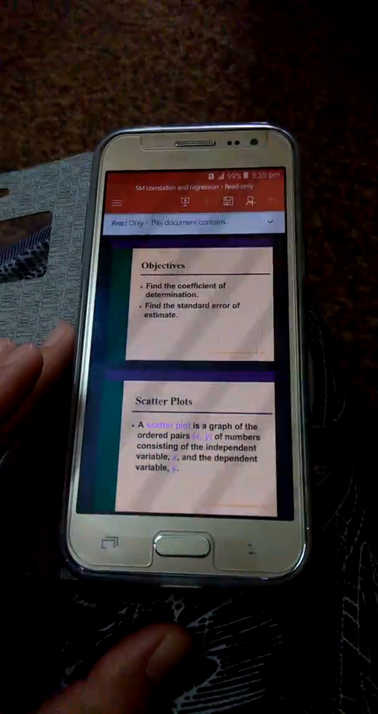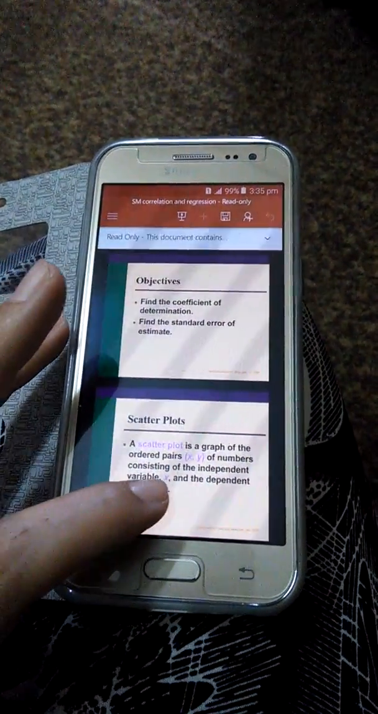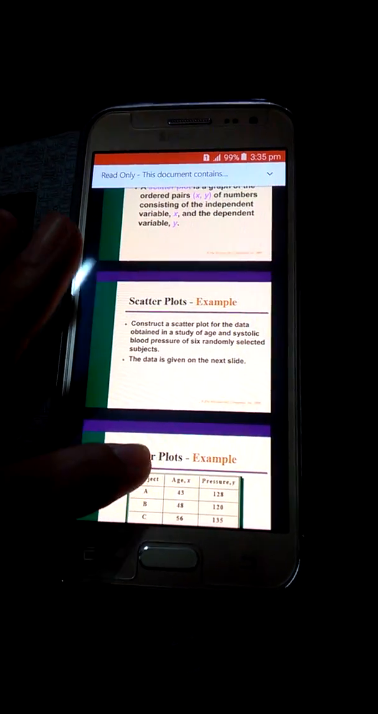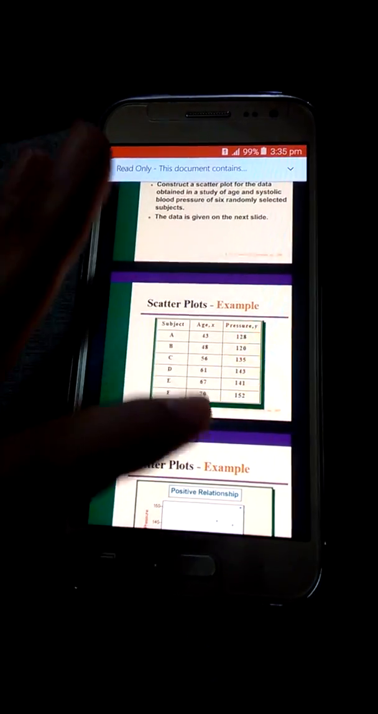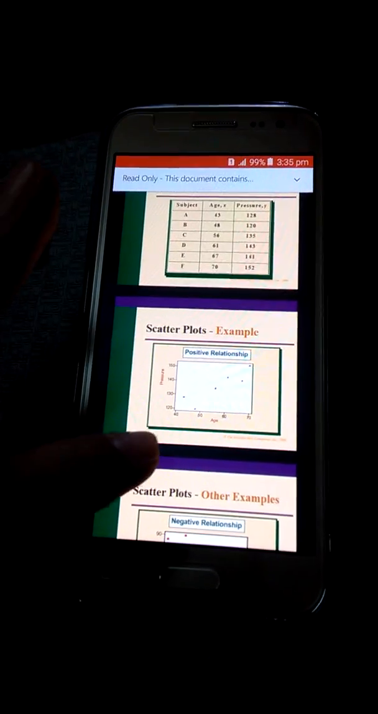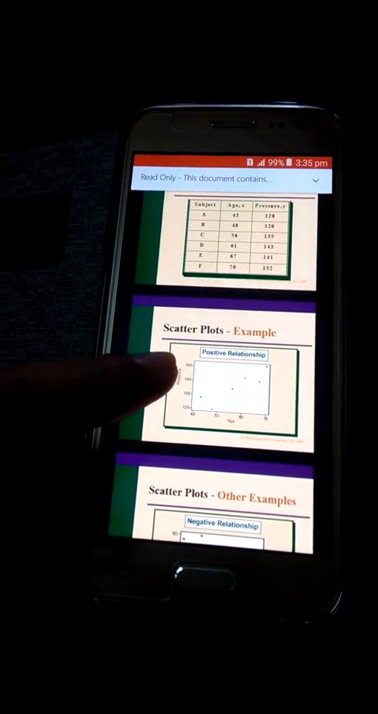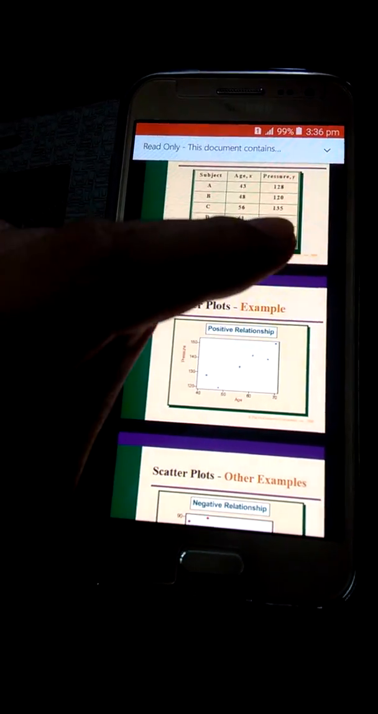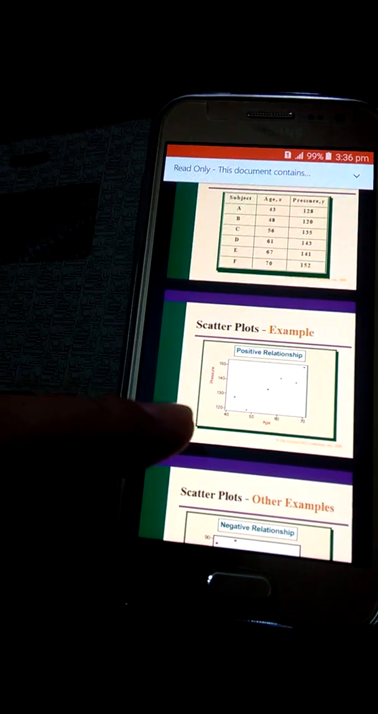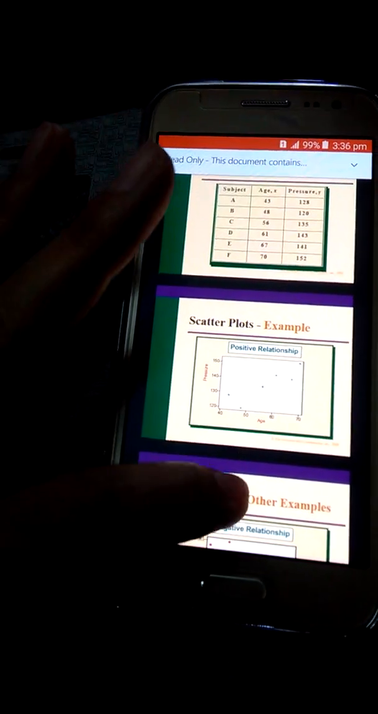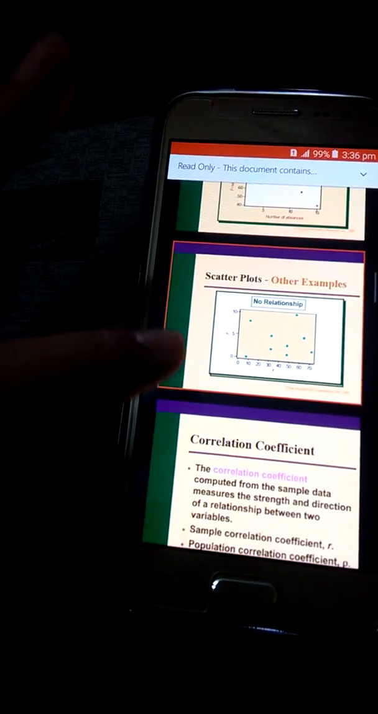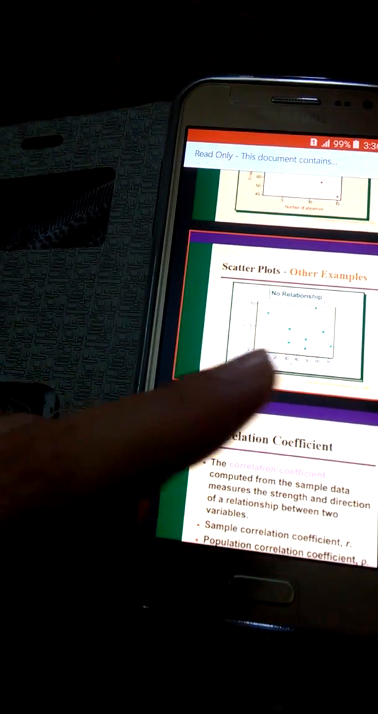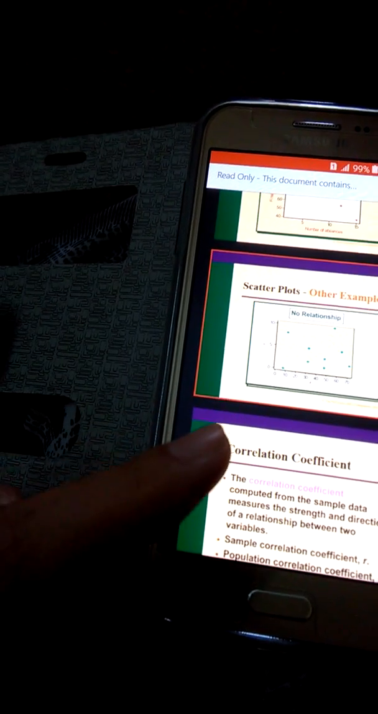So you can see here that in the beginning they have discussed scatter plots, and after that they have given you an example related to scatter plots. Then they have explained how you plot the scatter diagram by using these two quantities, age and pressure. And then they have explained the types of scatter plots, positive and negative, and on the basis of this regression scatter plotting, they have explained the correlation